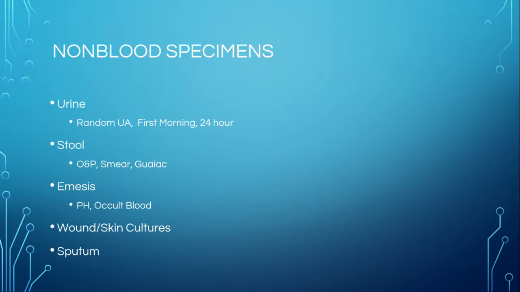We also do stool cultures for O&P, for a smear looking for white blood cells, things like that, or for guaiac, which is also for occult blood, which means for traces of blood in the stool. We check emesis for pH and for occult blood as well. We do wound and skin cultures, and we collect sputum cultures or sputum specimens. So those are some of the things that we collect in the clinical setting that are not necessarily